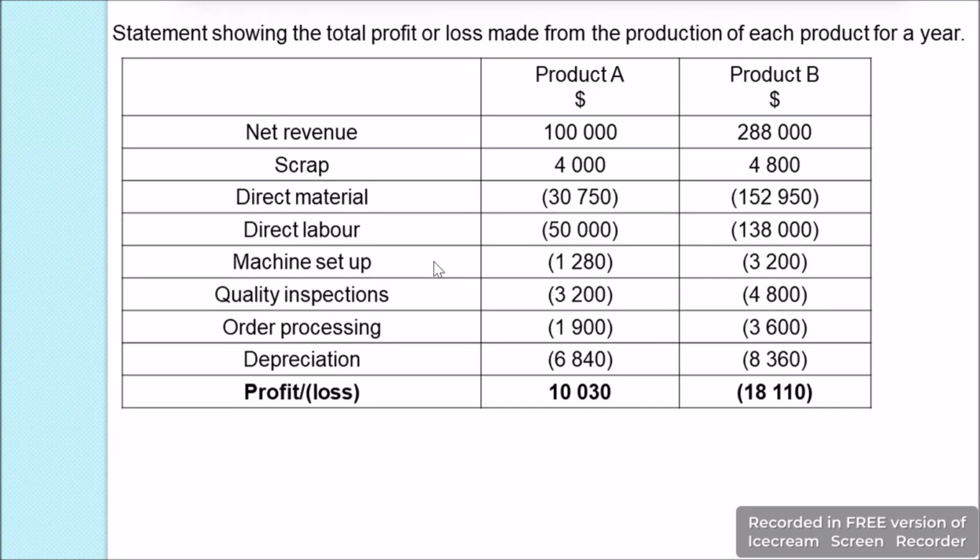Then the machine setup cost, which we will subtract as 1,280 for product A and 3,200 for product B. Then the quality inspection cost, which we will subtract as 3,200 for product A and 4,800 for product B. The order processing cost, which we will subtract as 1,900 for product A and 3,600 for product B. The depreciation cost, which we will subtract as 6,840 for product A and 8,360 for product B. So when we add the net revenue plus scrap value and subtract all the cost, we get the profit for product A as $10,030 and a loss for product B as